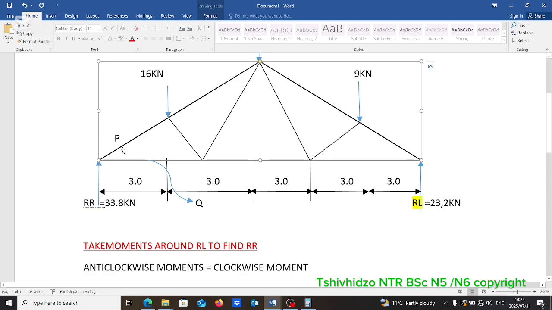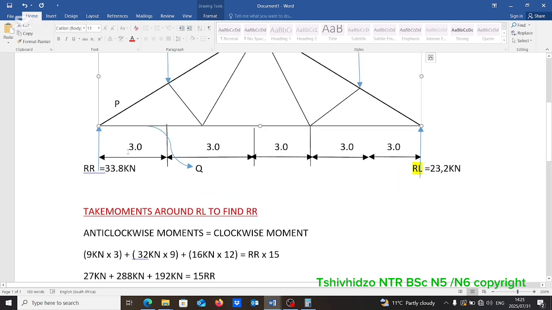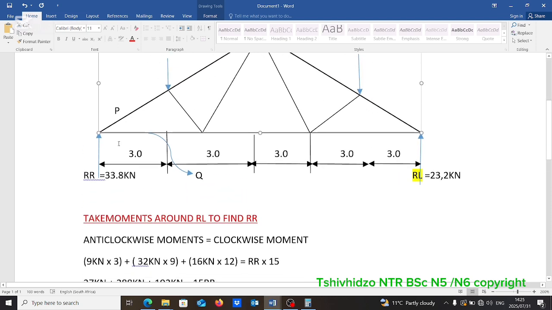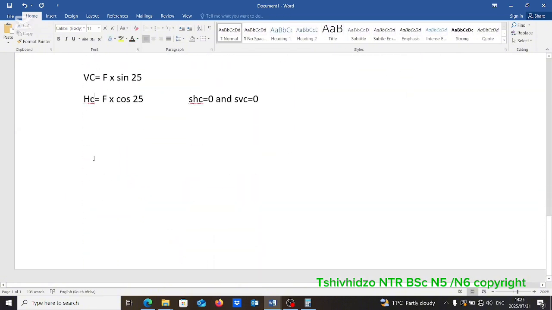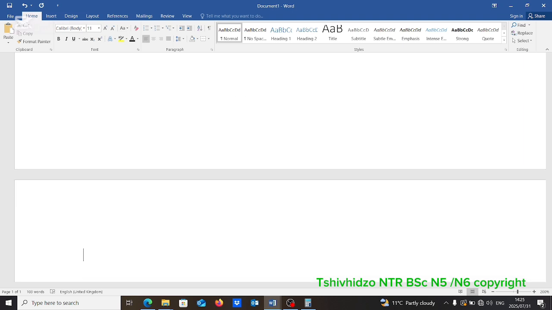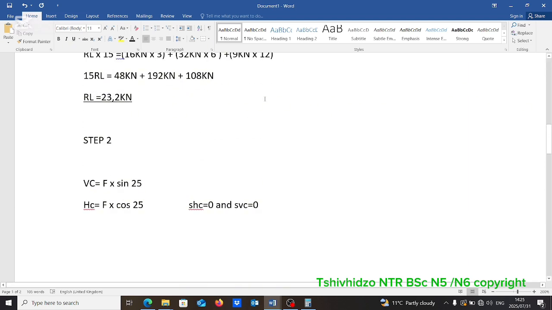For P, if we are talking about the sum of vertical components, let's start to calculate the value of P. Here we'll apply the force F: the sum of vertical components equals 0. It means it will be F sine